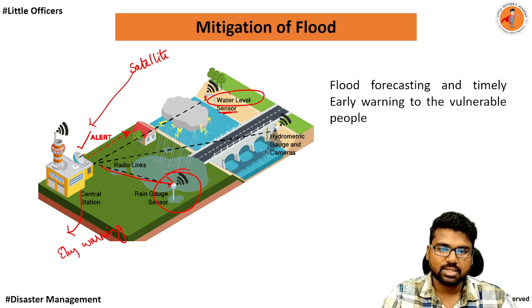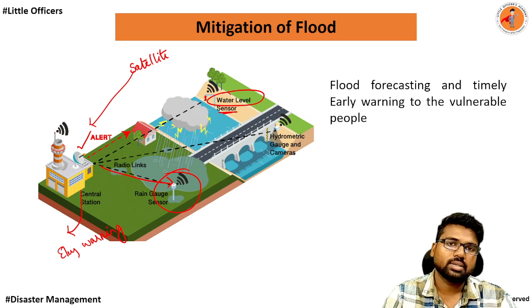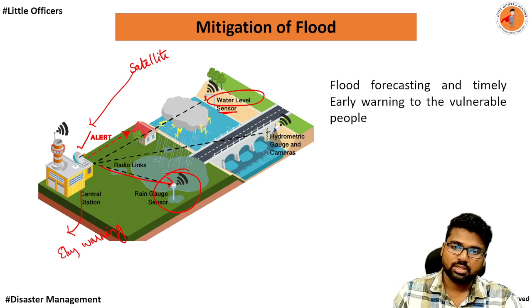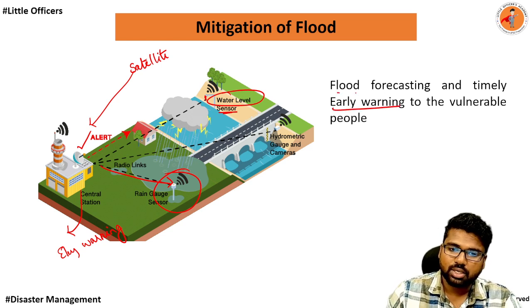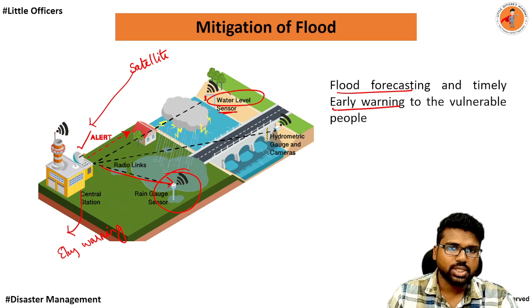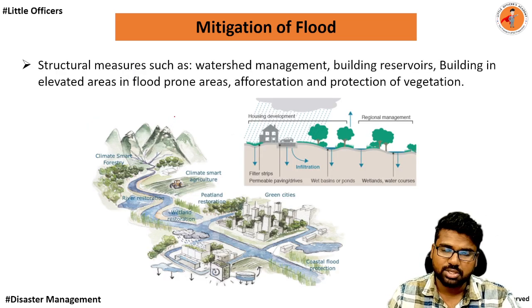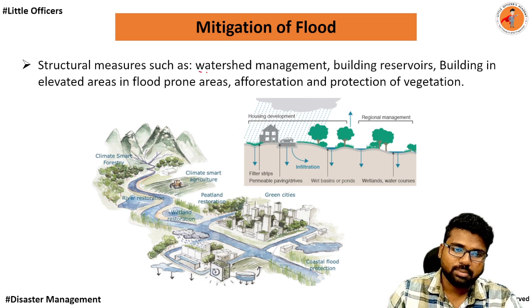So three things I said. One is forecasting or weather prediction, second is early warning, third one is weather information dissemination. Okay, so these three things are all part of your mitigation and also preparedness. Okay, next comes we can also take some of the structural measures, for example watershed management,